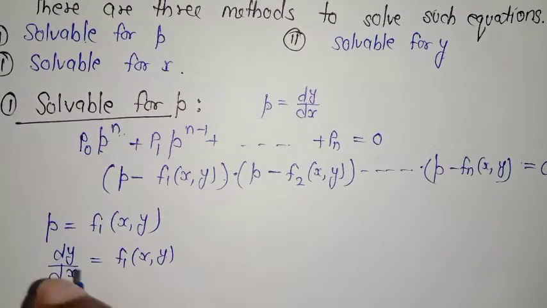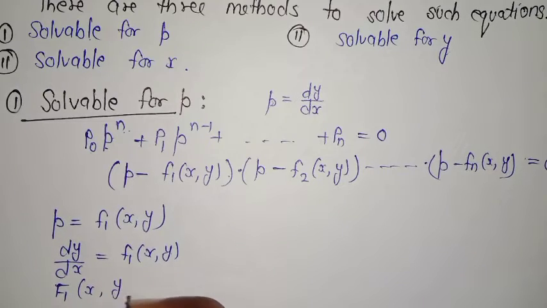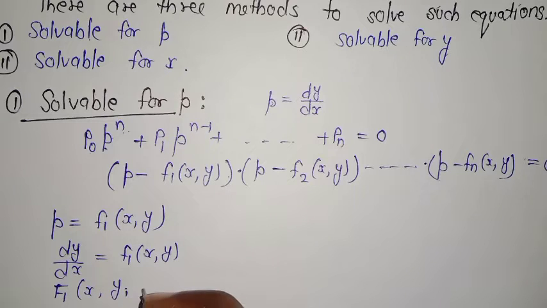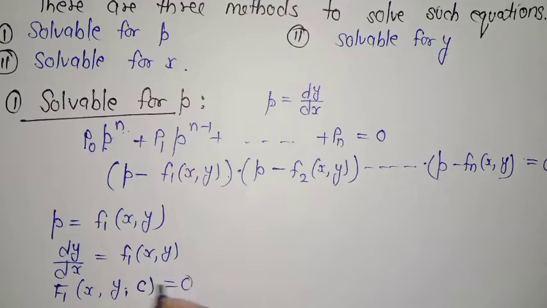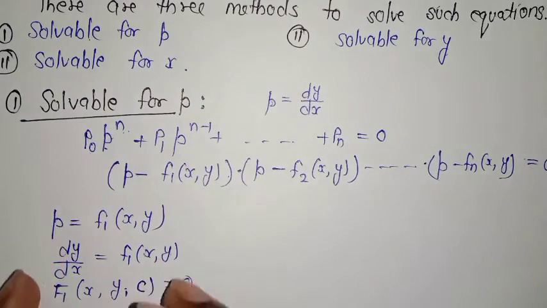As I told you in my previous videos, you just continue to watch my previous lectures, you will easily get each and every concept. So after solving this, we will get an arbitrary constant. Since it is a first order differential equation, we will get only one arbitrary constant. Suppose this is our solution for the first term, that is the first root. For the first root of this differential equation, we are getting one solution.